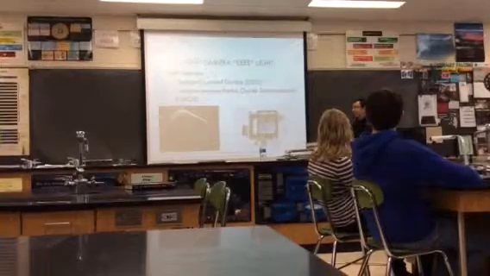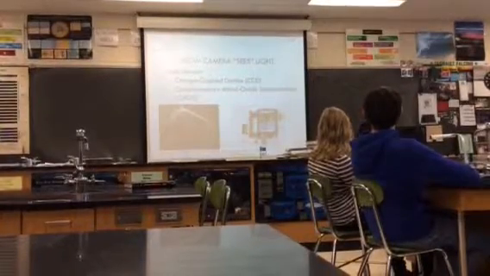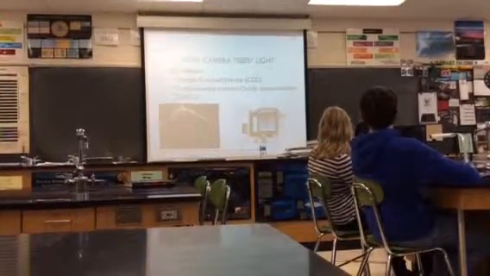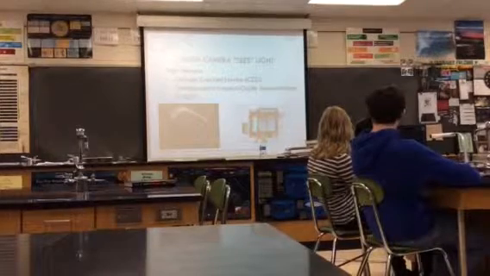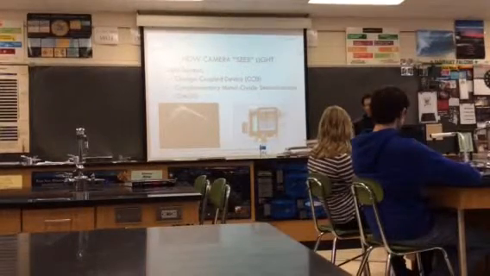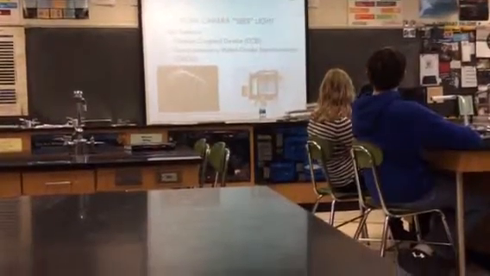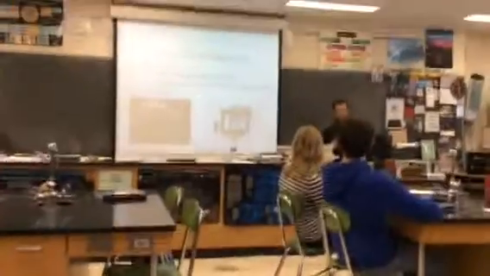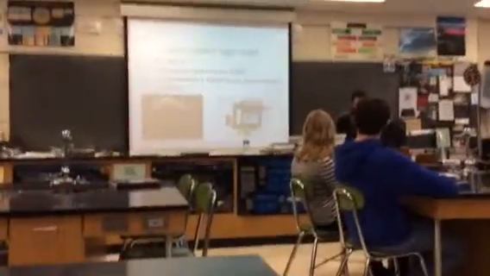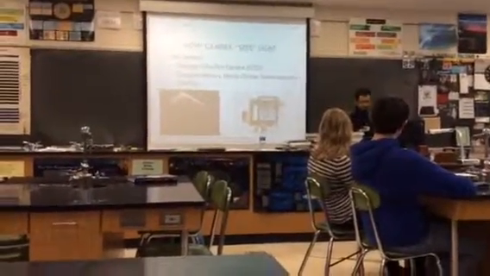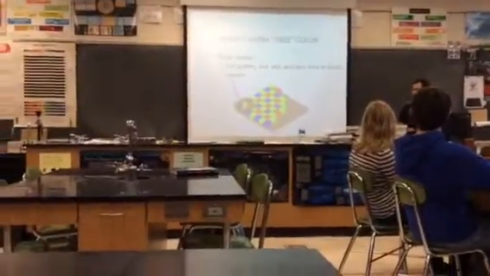Cameras can see color because they have sensors that can detect light, and depending on the electronics and the mechanism, they're either called charge coupled device, which is CCD, or complementary metal oxide semiconductor, CMOS. If you don't understand this, don't worry. We are not going to quiz you on anything.